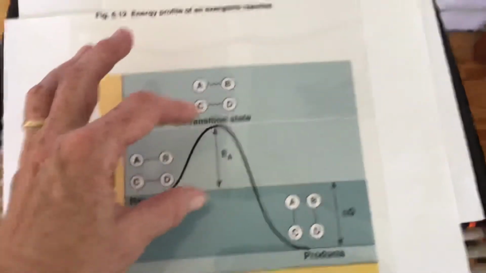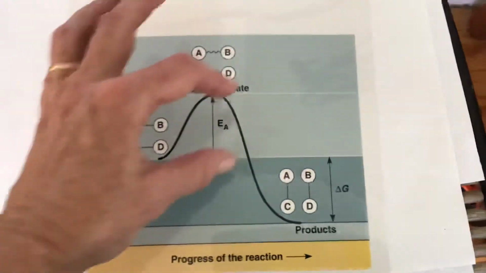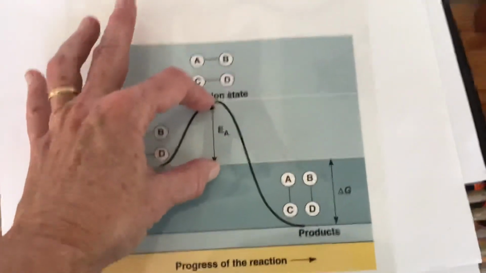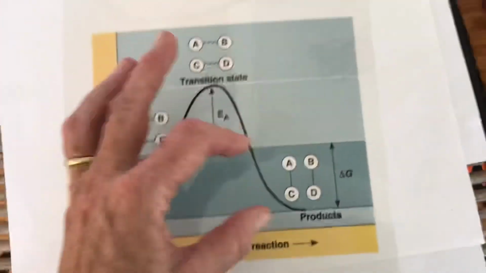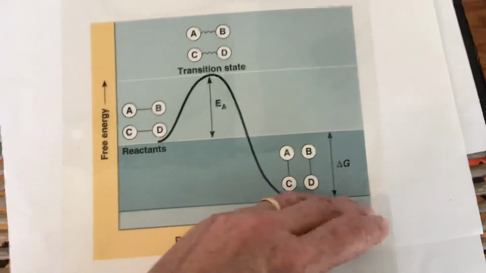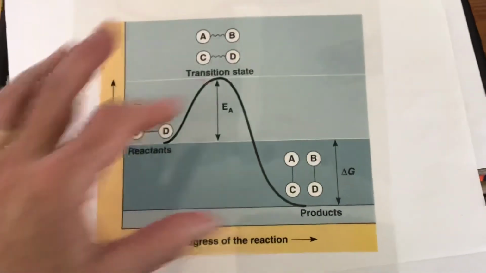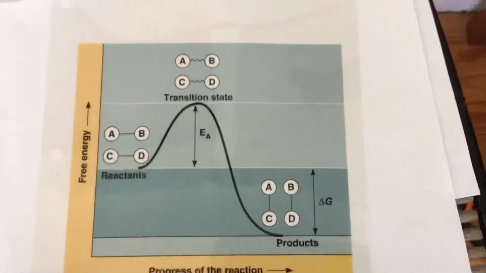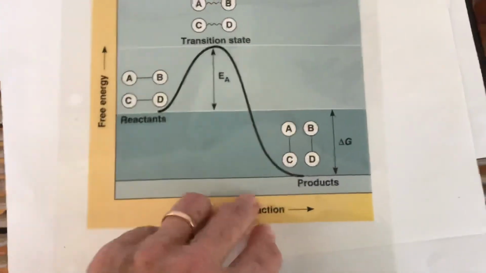So they sometimes will have a diagram, it's very confusing to look at, where this is the transition state, they'll have the energy of activation without an enzyme, then the energy of activation with an enzyme, and then of course delta G is just reactants to products. The total amount of energy that was in a system was the whole thing, right? So there are different ways of looking at this diagram. So check it out in your book and just kind of understand what each of the parts